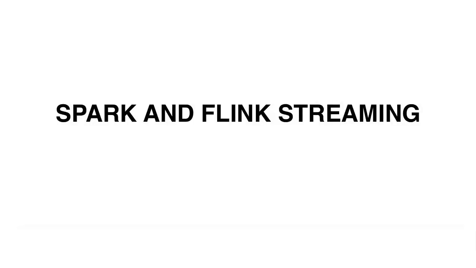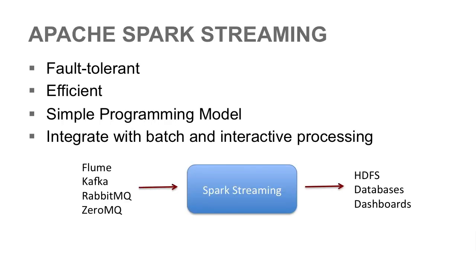Let's see now the key elements of Apache Spark and Apache Flink streaming. Apache Spark streaming is designed to be fault-tolerant, efficient, have a simple programming model, and integrate with batch and interactive processing. The idea is that we can use a variety of inputs like Flume, Kafka, RabbitMQ, ZeroMQ messaging systems, and other inputs,